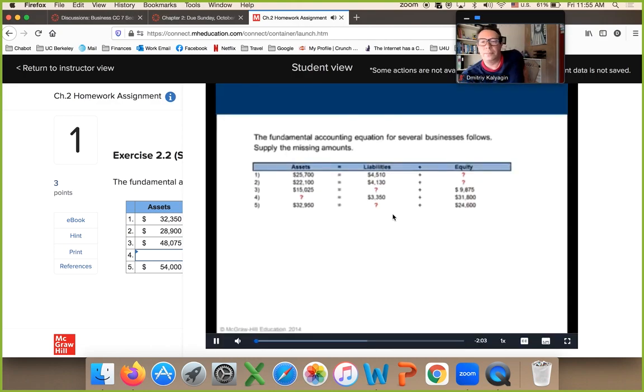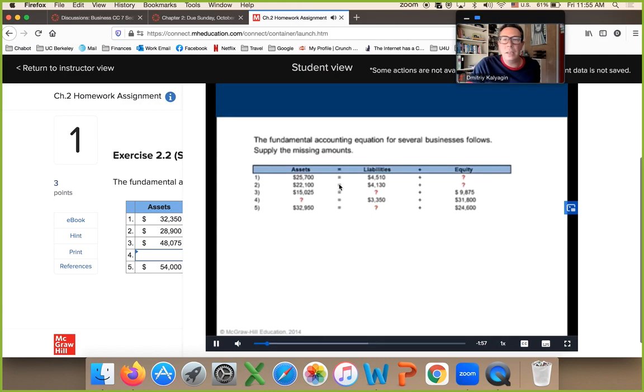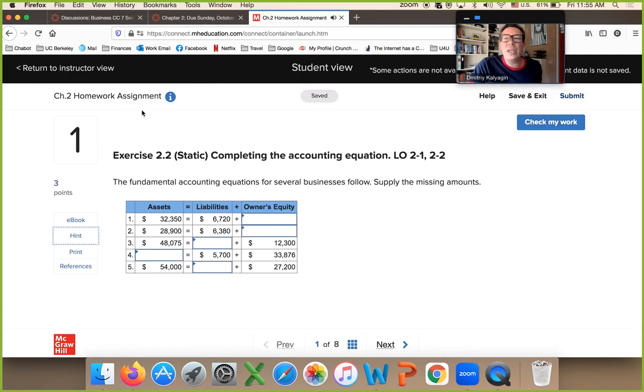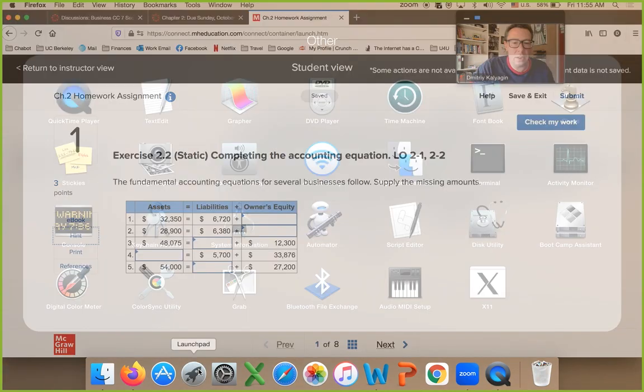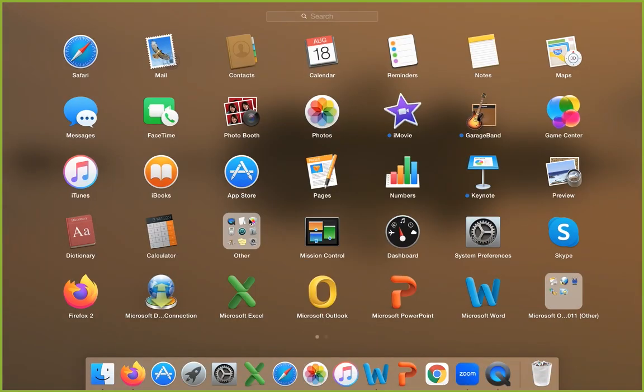Now, right here, there is a solution. You can do closed captioning. You can rewind. So again, no excuse not to get it done. So I'm going to try to solve this for you. So like the first amount should be, we take assets, I'm using my calculator here. And we're gonna take 32, well, I guess I can do it right here for you. So we're gonna do